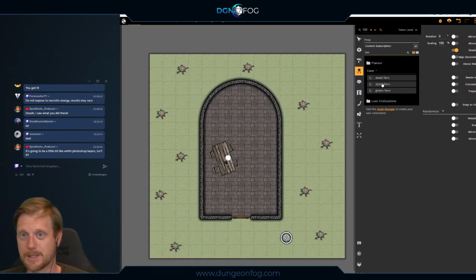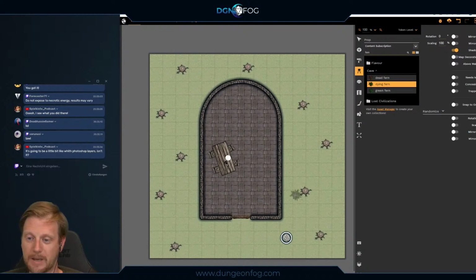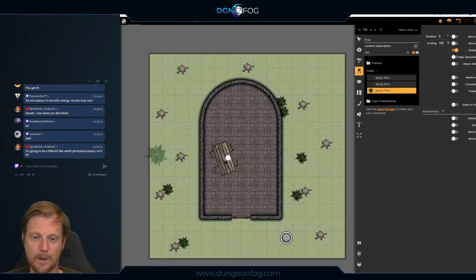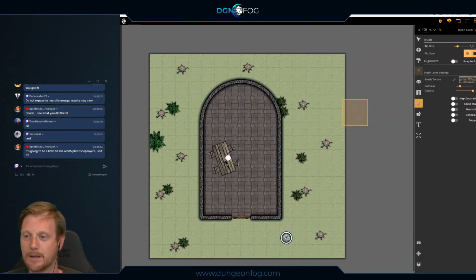Needs to load images. It's going to be a little bit like with Photoshop layers, isn't it? Yes, it is. So basically our idea is that let's put some ferns here. There are some growing outside. There might be one here. And then there's a bigger one here. So this is basically the ground layer, and we can also